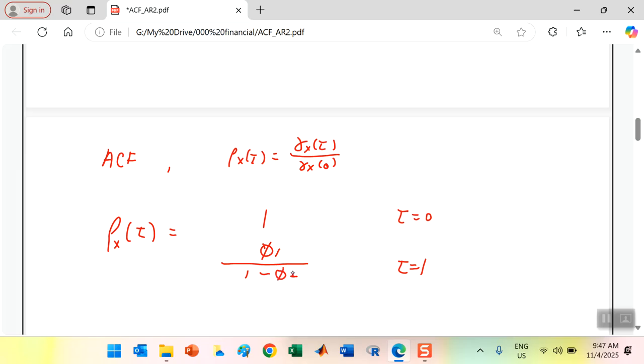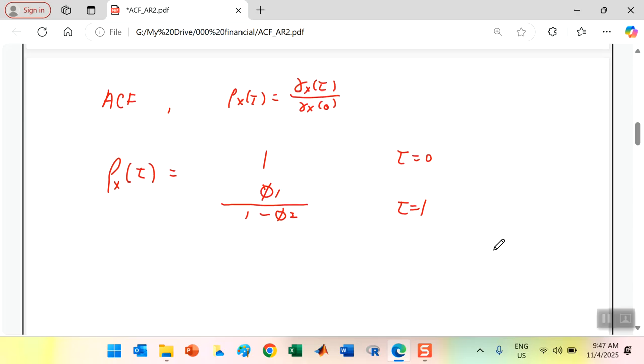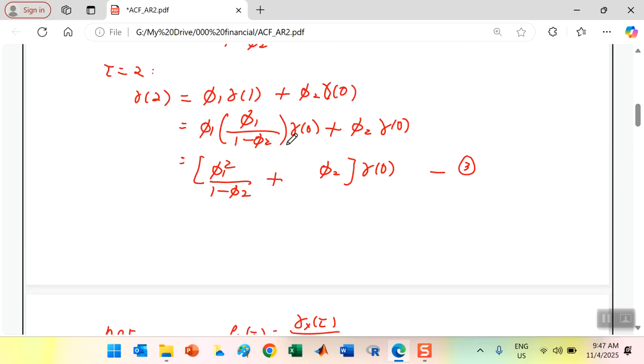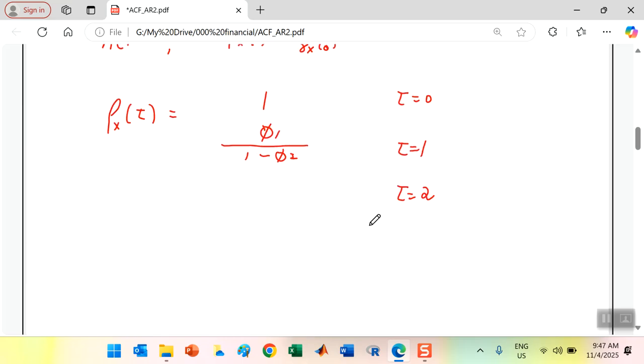Okay, so basically it's the coefficients value. Okay? For tau equal to 2, which is this one you obtained just now, divided by gamma 0, so the only coefficients. Okay, so this one you're going to have phi 1 square over 1 minus phi 2